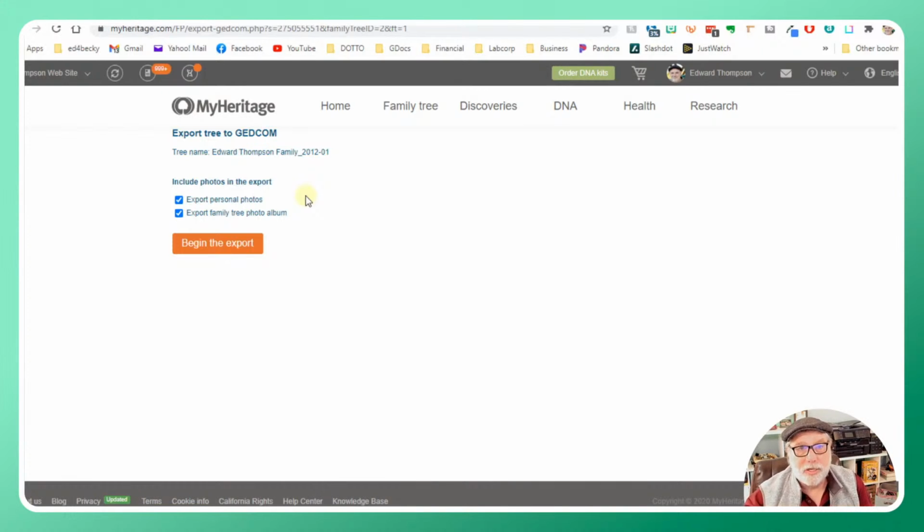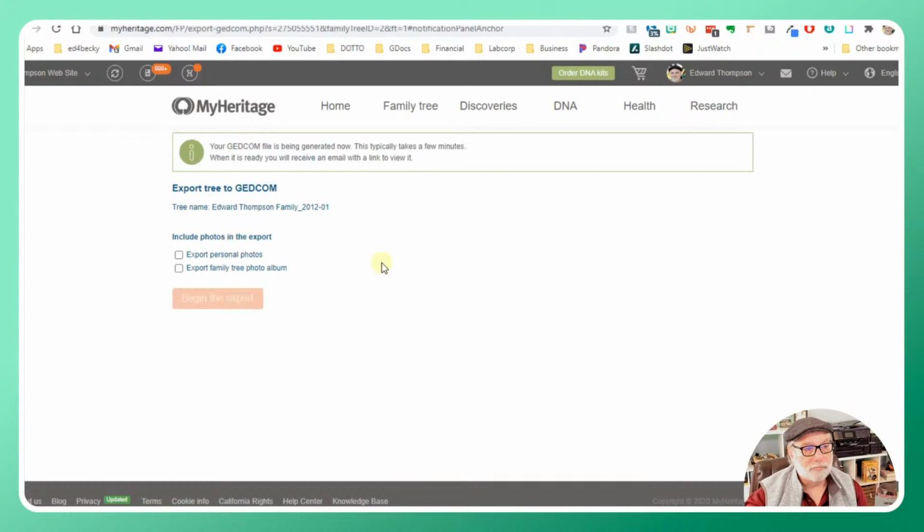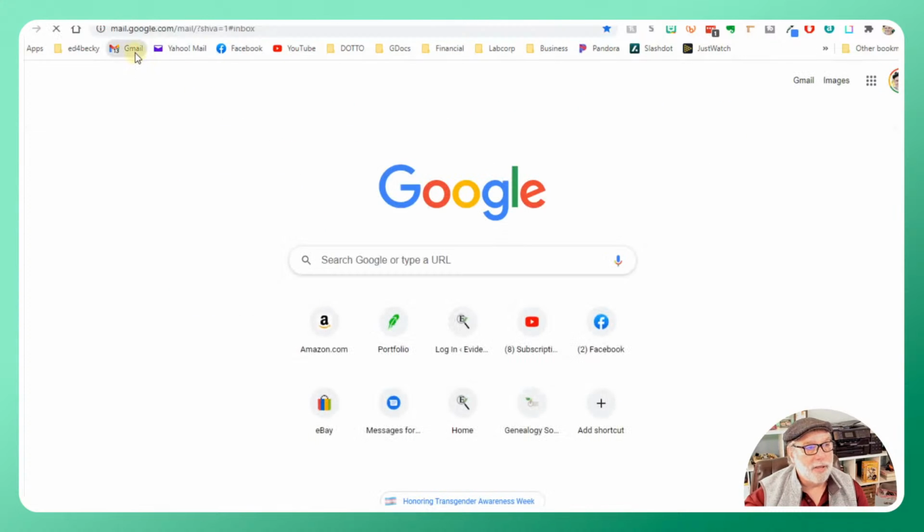Now that doesn't mean that a program like MyHeritage won't give you the option of downloading the photos at the same time that it creates a GEDCOM file, but they'll just go into a separate directory. So I'm going to unselect those options and begin the export. And it tells me the GEDCOM file is being generated now, that this takes a few minutes. If I go to my mail,